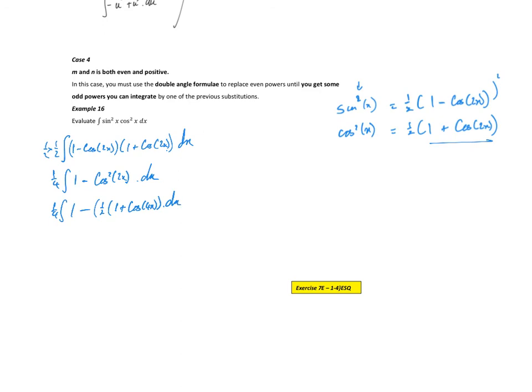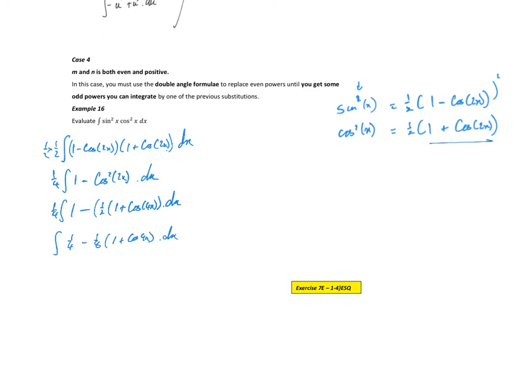So what have I got? I've got a quarter. In fact, I might multiply that quarter through just so we can keep track. So I've got 1/4 minus 1/8 of 1 plus cos 4x